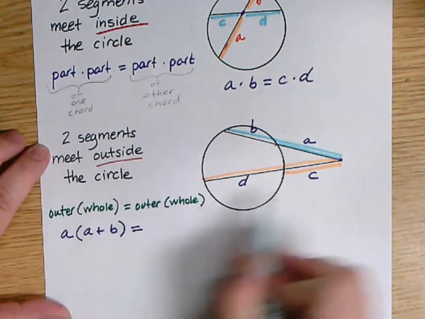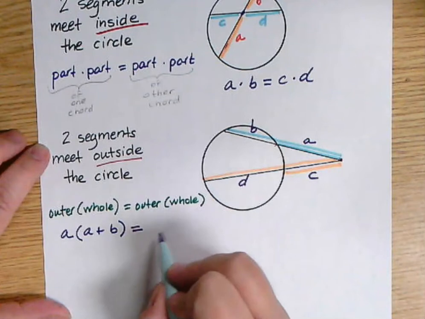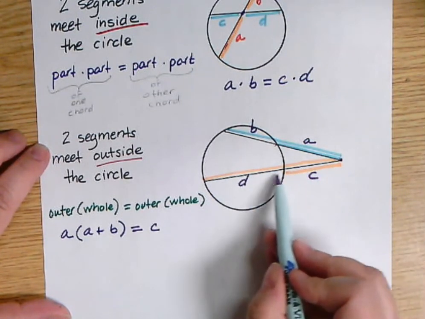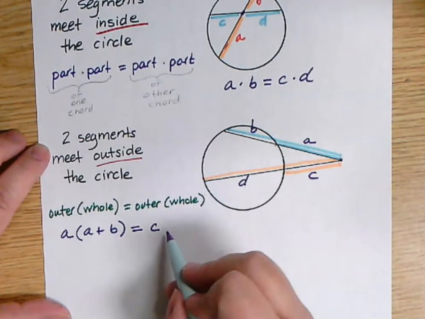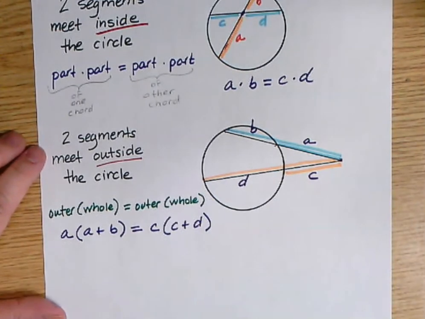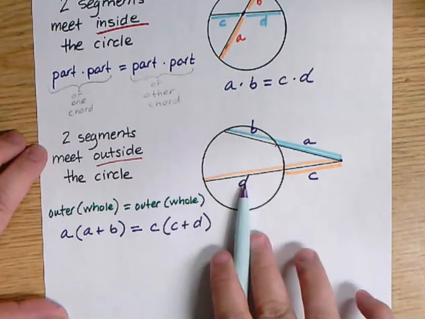All right, so let's look on the other segment. The outer part is the part outside the circle, that's C. The whole thing is C plus D. Don't put CD. That means multiplication. We're adding. This is something people tend to get wrong pretty frequently, is they want to multiply these parts to